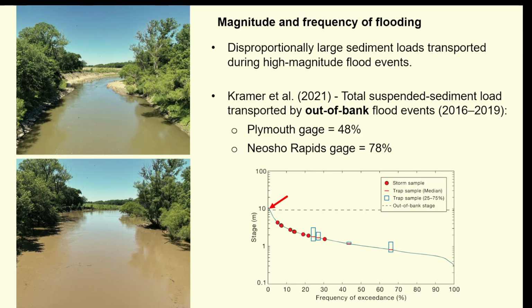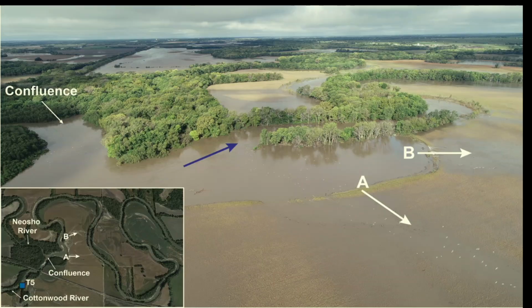But that red arrow that I pointed there, that's the very small amount of time where you get these big out-of-bank flood events. So that little portion of that stage frequency plot is what transports the vast majority of sediment. And this is what it looks like. This is a drone picture here of the Neosho River in flood, so the confluence with the Cottonwood is